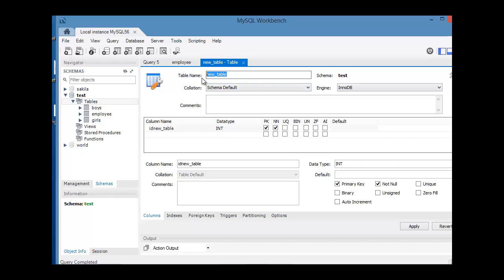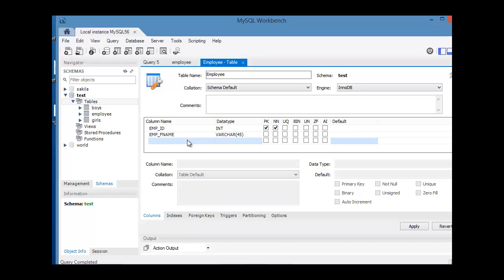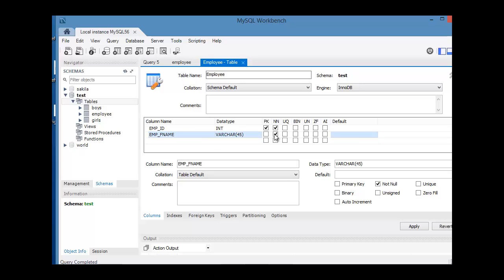You can give the table name employee. You can say you need an ID for the table, employee ID, and make it an integer. Then you select it's a primary key. By default, the primary key is not null. And then you can say the employee first name, varchar 45, and you say it's not going to be null,